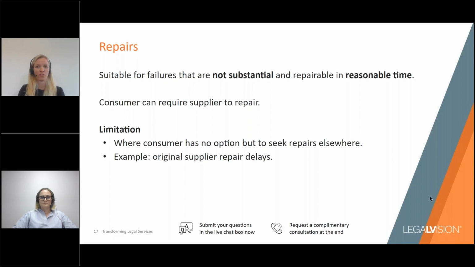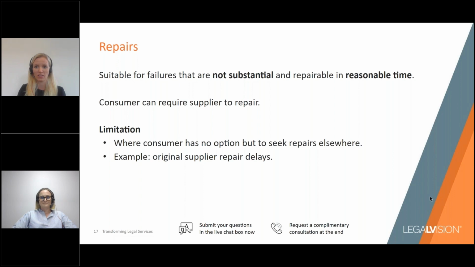As an example, if a consumer is having issues with an essential household item, such as a kettle, which is used most days or several times a day, the business will be required to repair this quicker than something that is not as essential, for example, a lawnmower, which may be used every few weeks. Where a kettle cannot be fixed within a reasonable time, the consumer will be entitled to another remedy, for example, a replacement or a refund, but the same reasonableness standard will apply to any of the goods